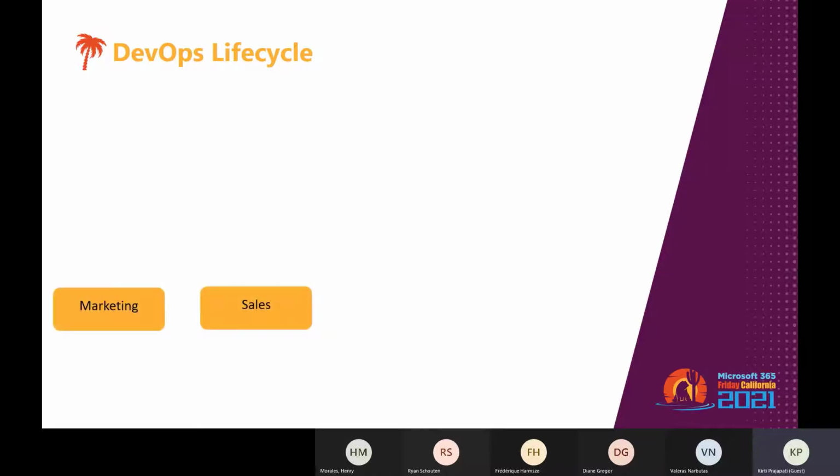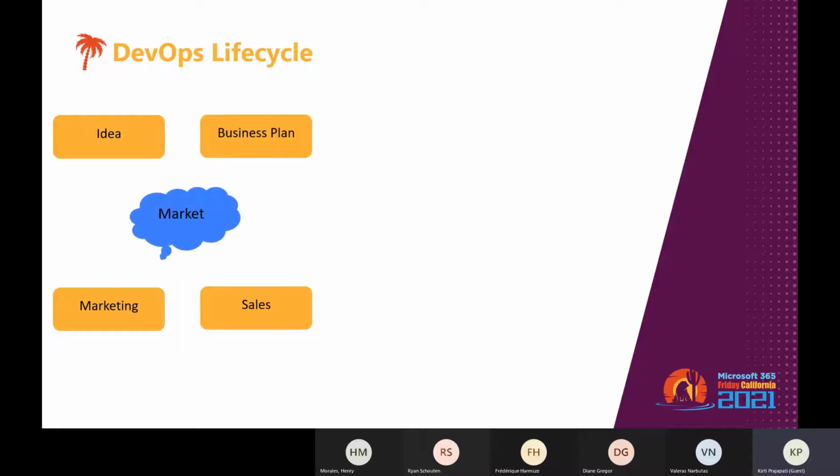Let's assume one scenario here to understand how this DevOps life cycle works. Let's assume your marketing and sales team gets an idea from the market on some product, and they are interested in building it. Based on their research, they will prepare a business plan and share the details with the technical team for further planning.